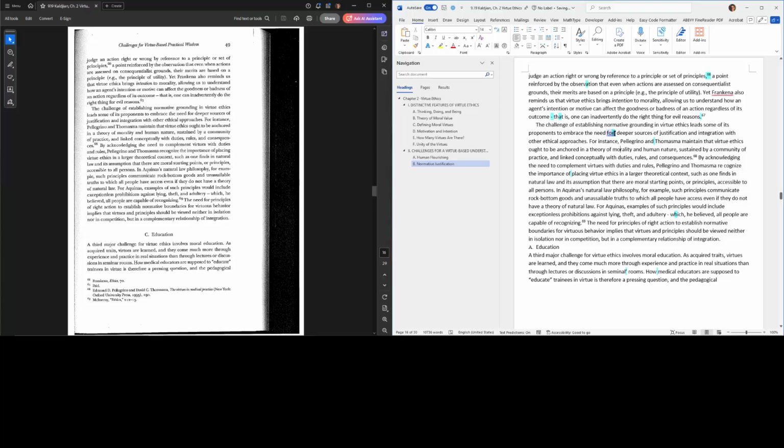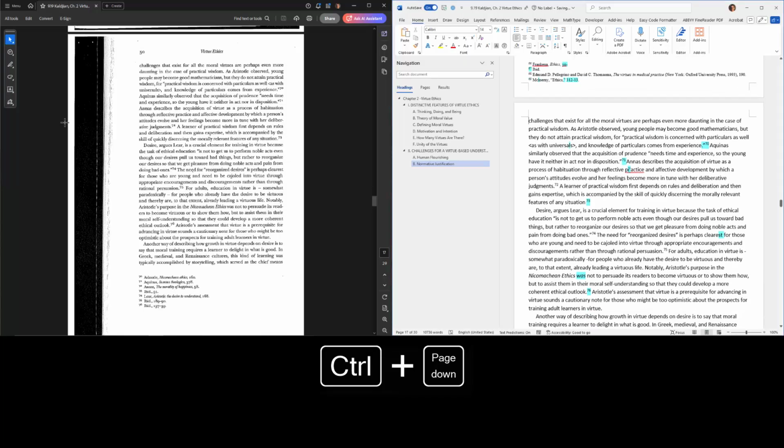Observation that embrace the need for, not Fox, deeper, which of seminar rooms, and we're looking good. Control Page Down.